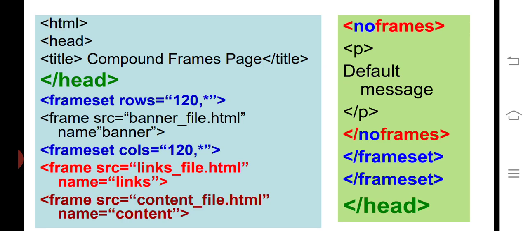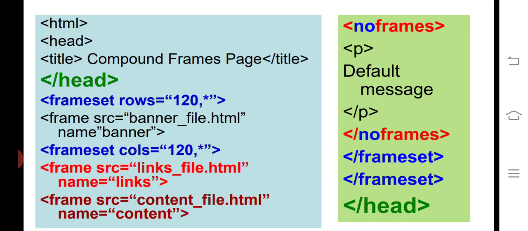In the left side, a frame is there. Likewise, you can write frame src equal to banner_file.html. You can link the files using framesets and fix rows equal to 120 and columns equal to 120, and link file HTML, and name the content file also, link file also, content file also.